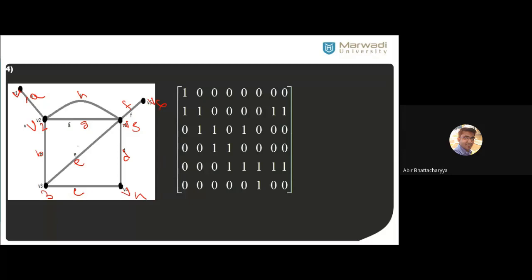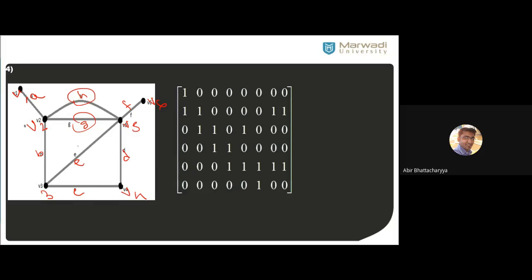So one parallel edge is there. As I told you, parallel edge provision is there. So can anyone tell me what is the essence of parallel edge in the matrix? What will happen? Like G and H are parallel edges. So what will happen in the matrix? Anyone? Yes, tell me. Same columns. Yes. So G and H are having same columns.